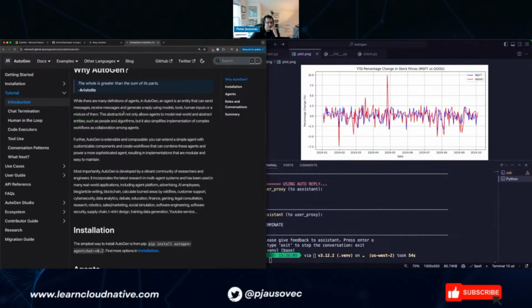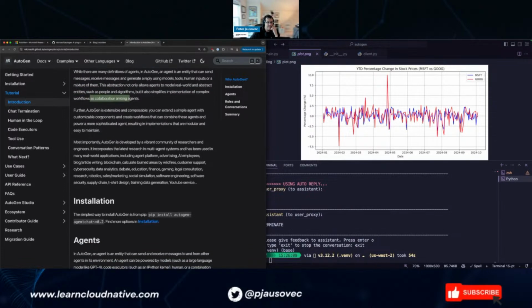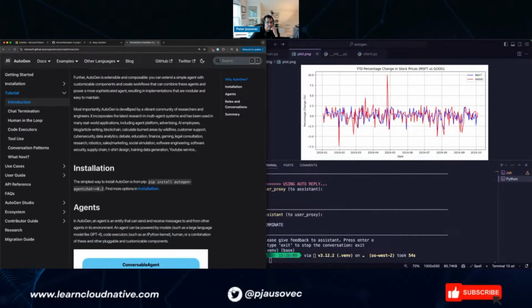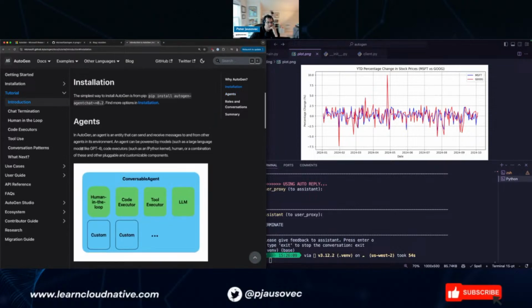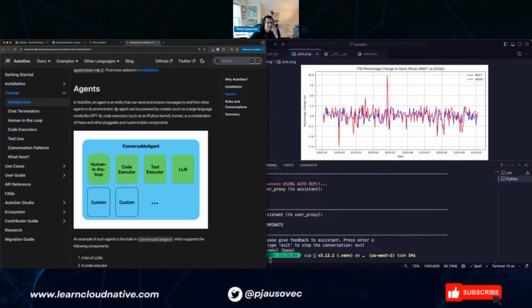So this abstraction allows agents to model the real world and abstract, but also simplifies. Extensible and composable. Yeah. Vibrant community. Okay. Agents. Entity. Same thing. Powered by models. Code executors. Human or